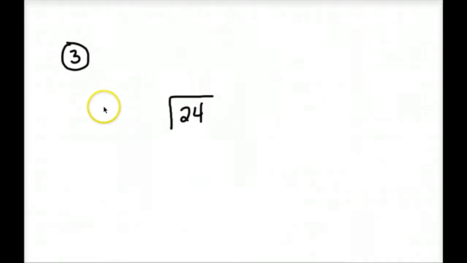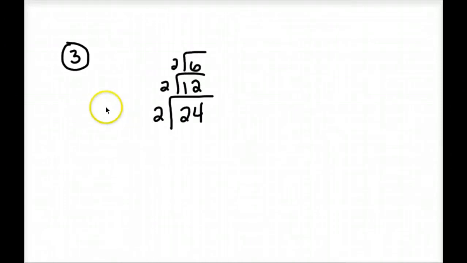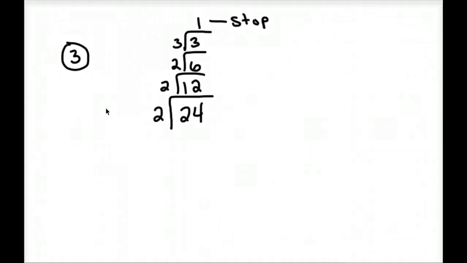So, prime factors of 24, divisible by 2, leaving me with a 12 as a remainder. 2 goes into 12 6 times. 2 goes into 6 3 times. 3 goes into 3 1 time, and once I have a 1 on the top of my cake, I can stop there. The prime factors here are all located on the left hand side, which are 2 times 2 times